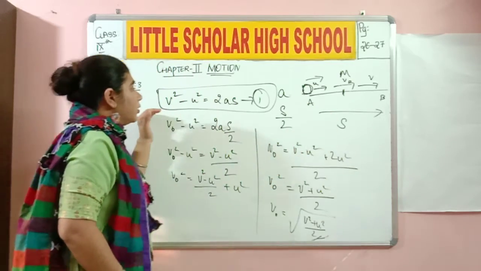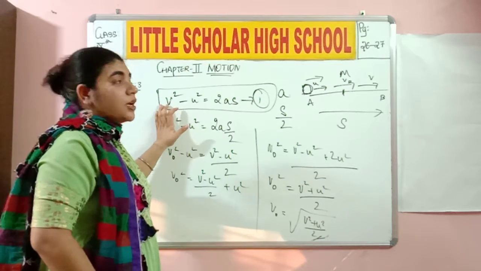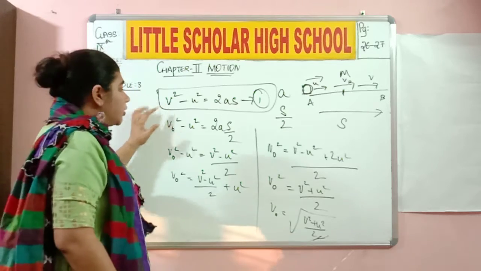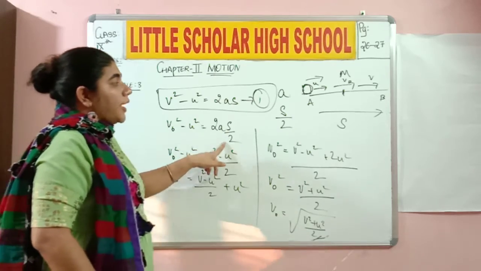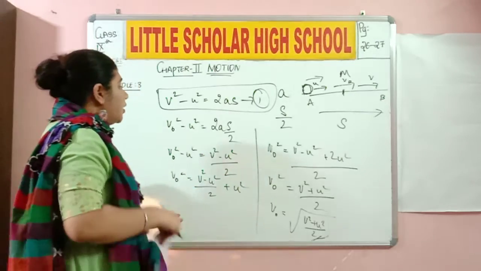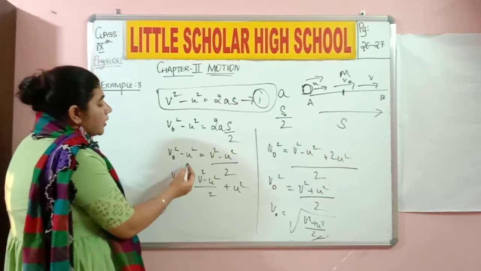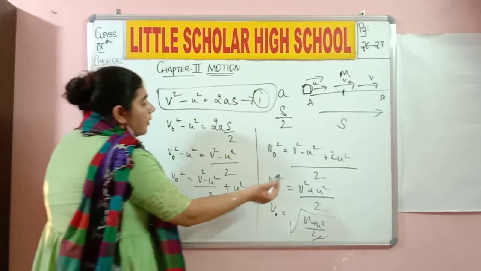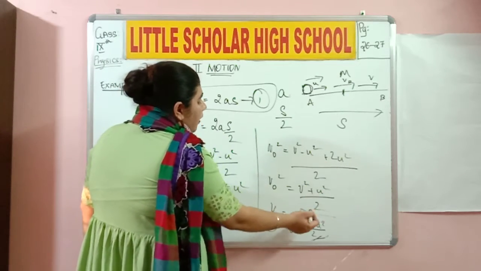So we are going to consider the formula v squared minus u square is equal to 2as. So here v is going to be written as v naught square, because that is the velocity of the object. So v naught square minus u square is equal to 2a into s by 2, because we are still at the midpoint. That is half of the actual distance. Now replacing 2as with v square minus u square, then we take u square on this particular side, take an LCM, then 2u square minus u square will give you just u square. So v square plus u square divided by 2.